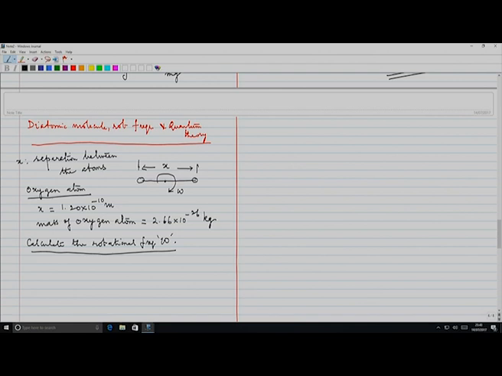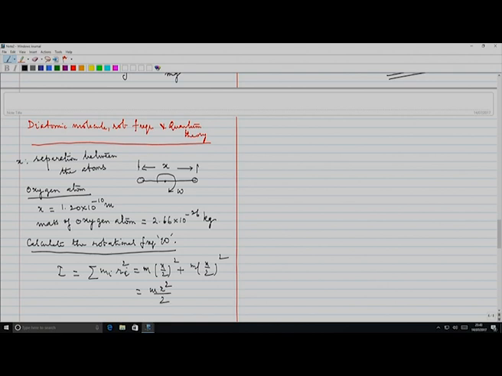Now, how are we going to do it? First thing I realized is that this molecule has a moment of inertia about the center. So, moment of inertia is equal to the sum of m r squared. This is equal to m into x by 2 whole squared plus m into x by 2 whole squared. So just leave it as it is, m x squared